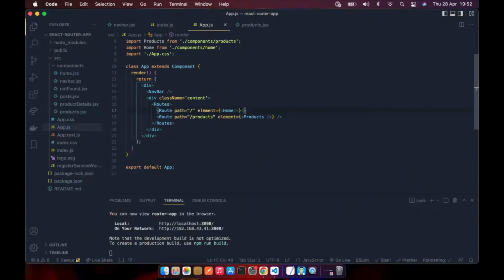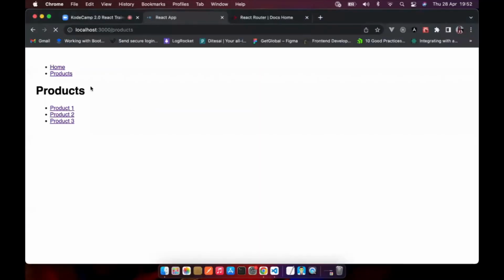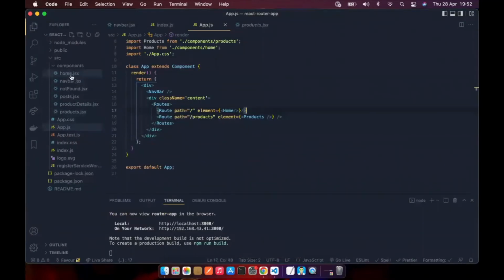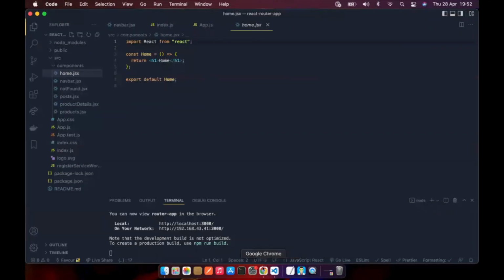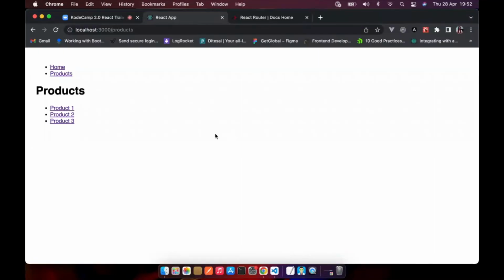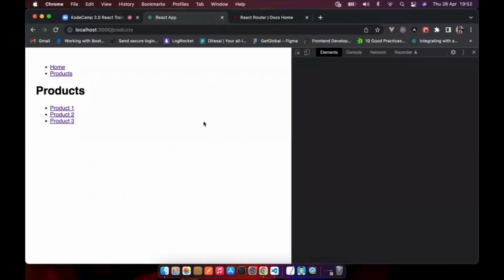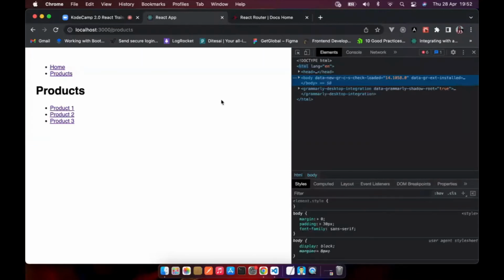So now, if we go to our home page, you can see that in our home components, what is there is home, and what we are actually seeing on the screen is the home. When we go to the product component, we are still seeing products and things inside products. Now, using that component, I was trying to show you guys something, but I don't know why that component isn't working. There is something that happens sometimes